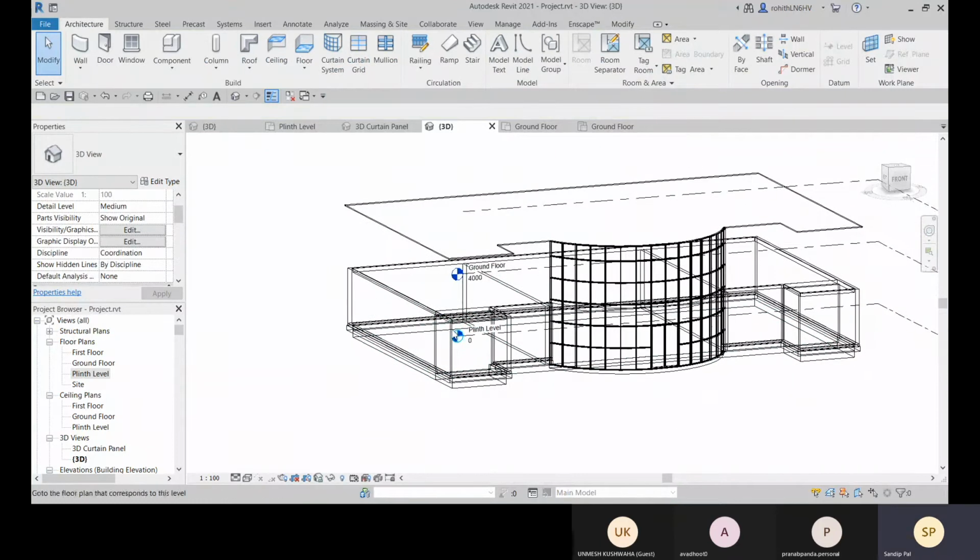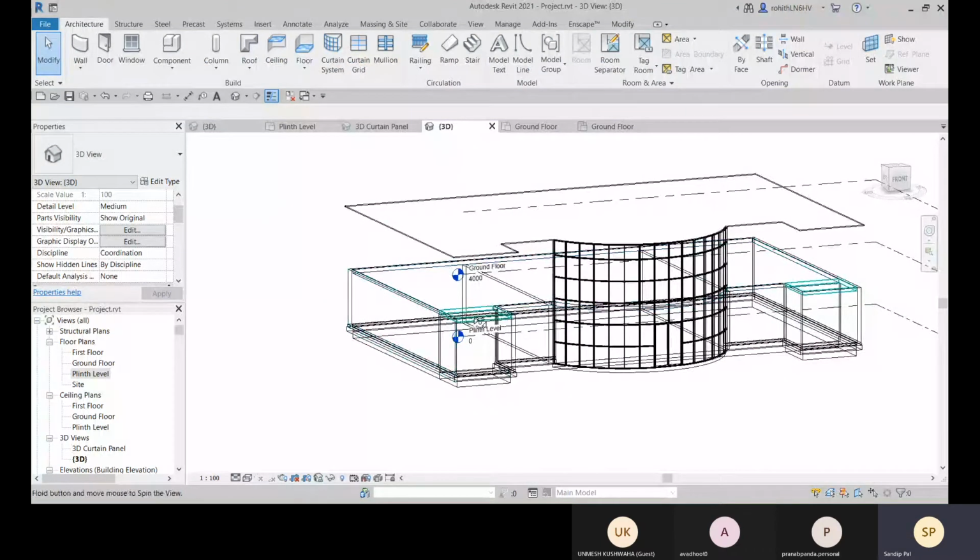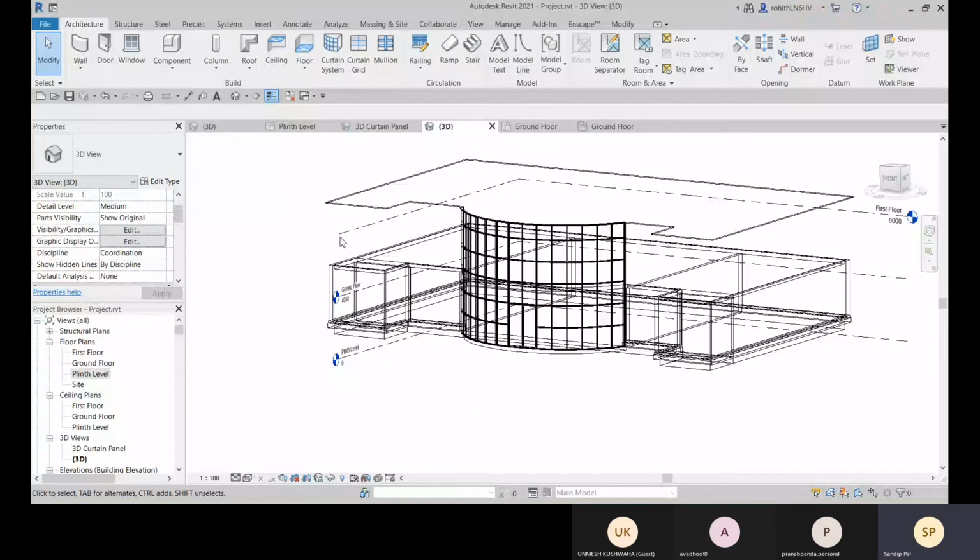Now let me show you, if all the walls, floors and components are the same as you have placed in the plinth level, you can simply copy them. Let me go to this elevation option, the front elevation, that is south.